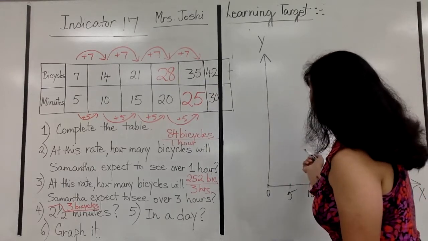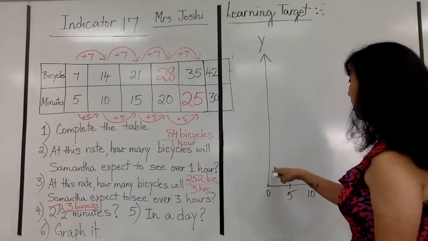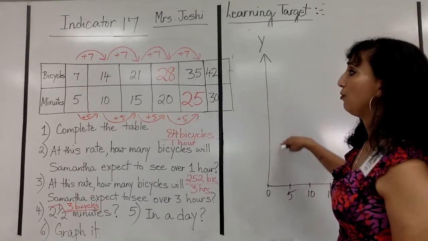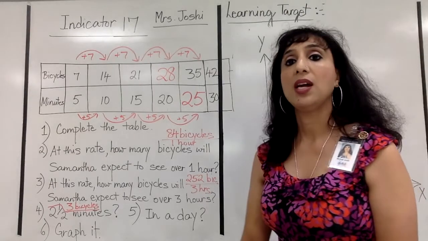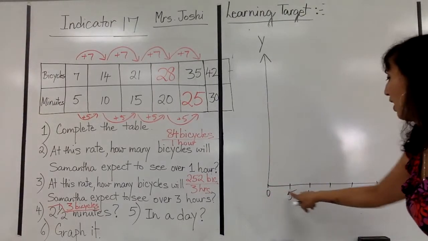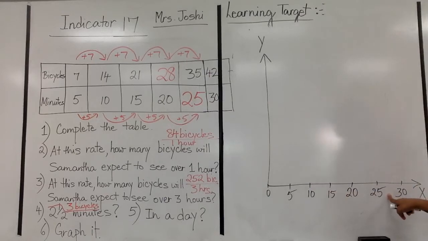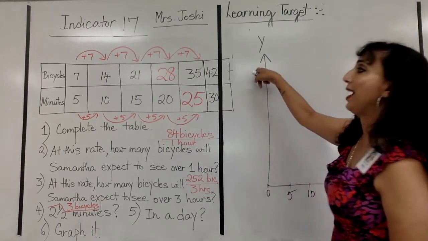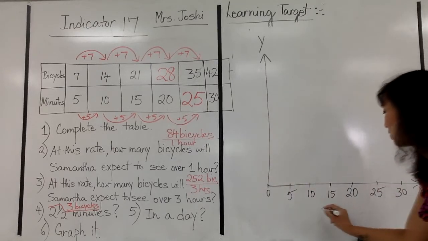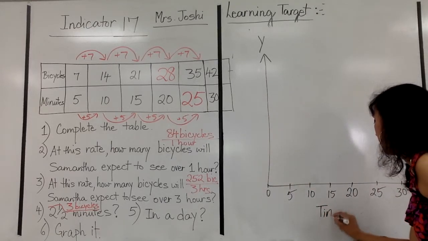It doesn't have to be 5, 10, it can be 7, 14, and that's fine also if you want to do it that way. Here's the thing, whatever my interval is, it has got to be the same here. Whatever the interval is, it has got to be the same up there too. So this is your time